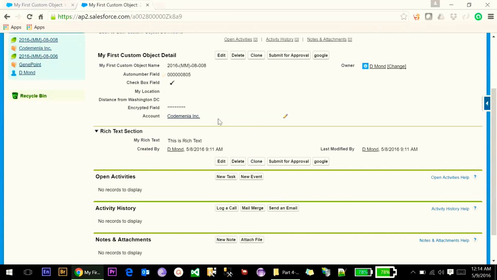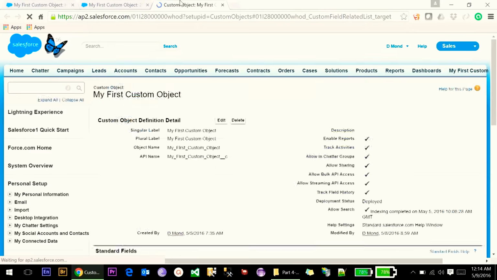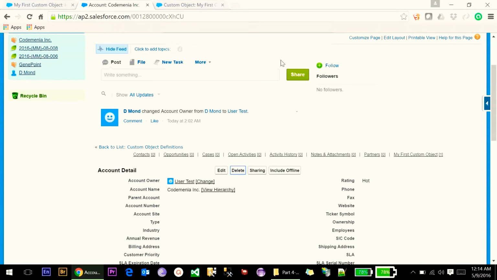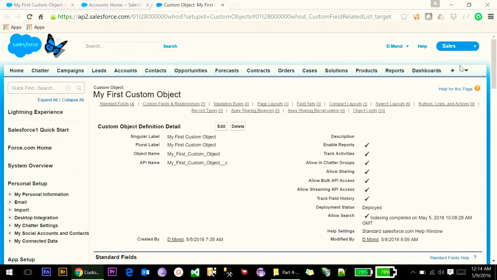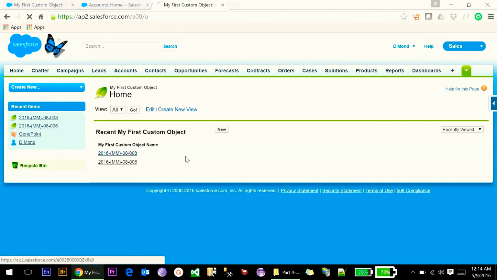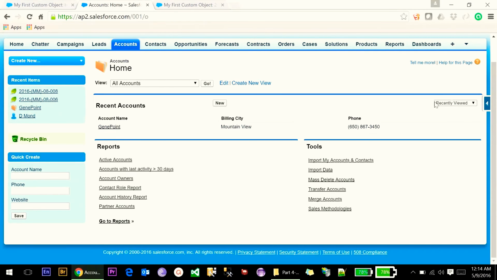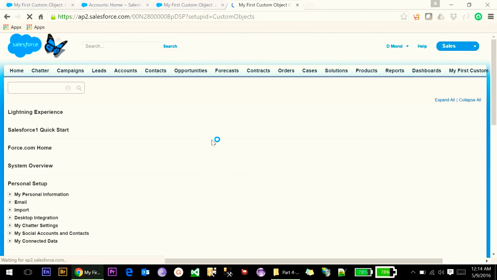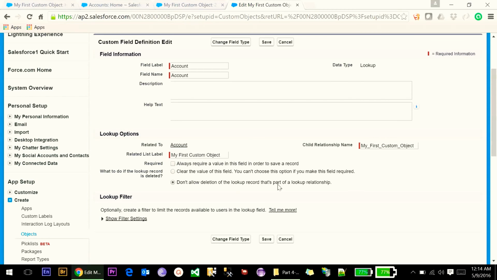Now we are going to create a master detail relationship. Now if you delete this account, for example I delete this account, the record will be modified and the lookup value will be gone. You can see the lookup value has been gone. Now if I go to the field and modify it, and say don't allow delete of the lookup records that are part of the lookup relationship, and click save,